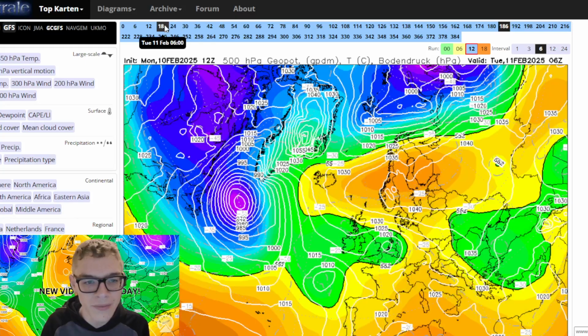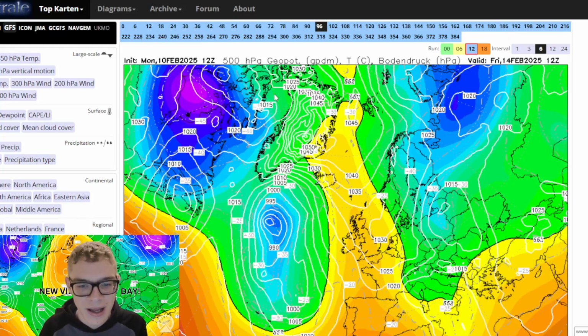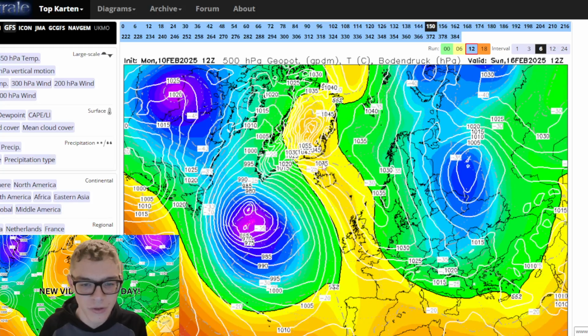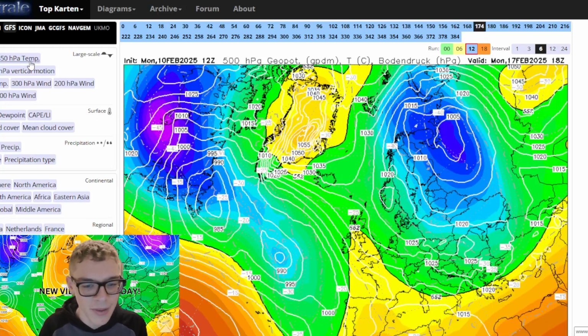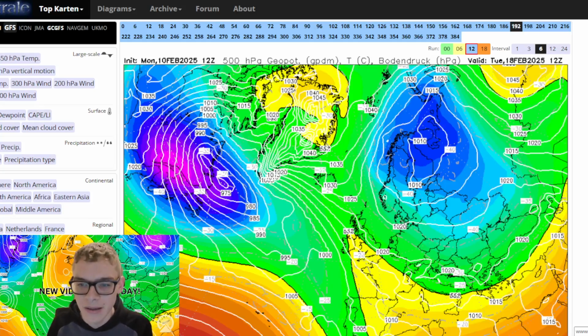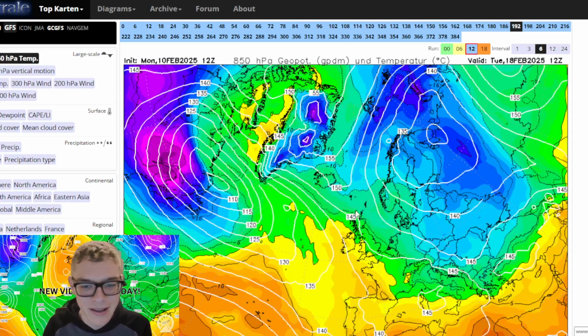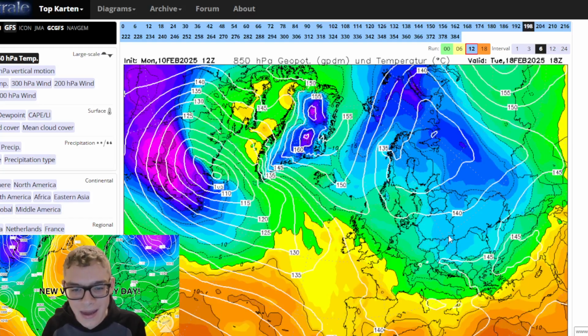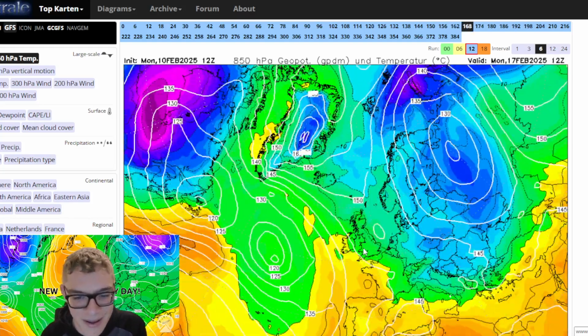Now with the 12Z, it's not too bad actually. It has high pressure moving much further northwards, sustains the high pressure to our north, but then eventually does topple in the longer term. We bring in the wind from a southeasterly by the beginning of next week, but it's not exactly a particularly cold southeasterly. The cold air's kind of not there to drag in from the southeast. It's kind of a bit of a tough situation.